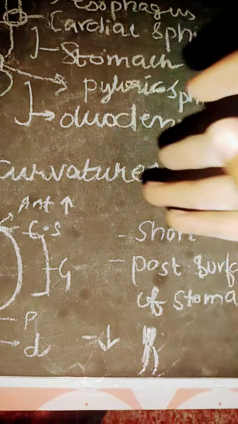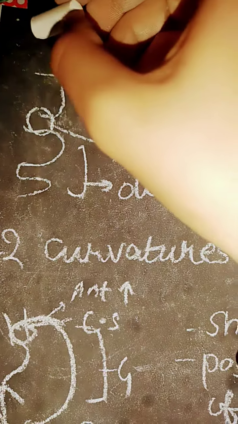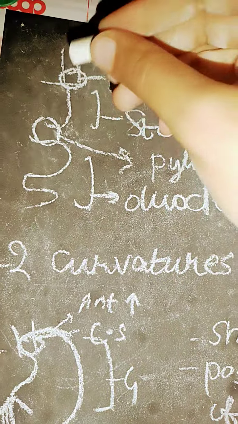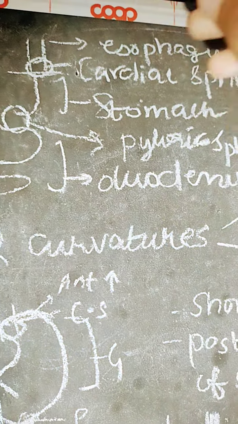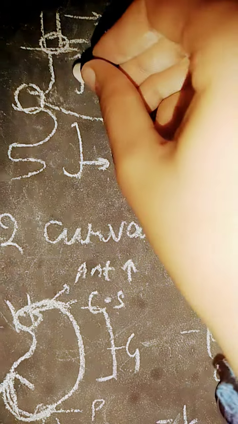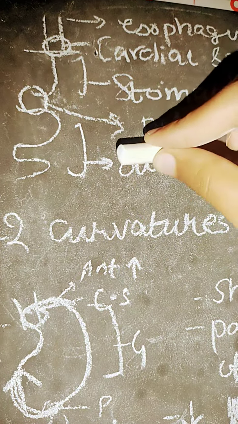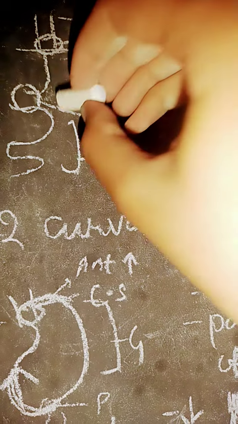So as we were discussing in the last part about the anatomy of the stomach, now here is the esophagus, and then there is the start of the stomach, but before that, in between them, is a sphincter, the cardiac sphincter. After that it is the stomach, and after the stomach the next part, the small intestine, starts with the duodenum, but again between the stomach and the duodenum is a sphincter known